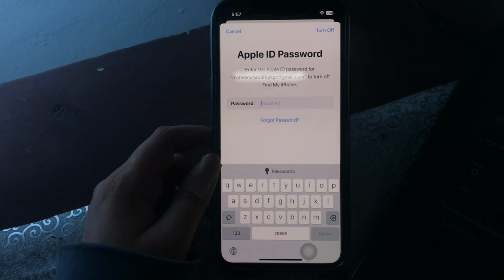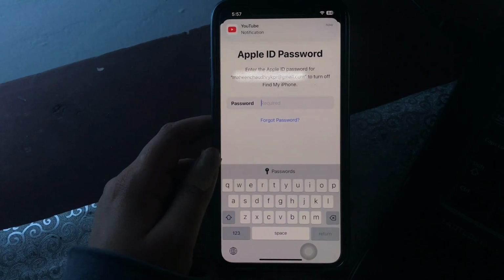Enter your Apple ID password and then tap on the Turn Off option at the top right corner. After the data from iCloud is removed from your iPhone, wait for some time and then tap on the Sign in to your iPhone option at the top of the settings page and follow the on-screen instructions to sign in again by entering the Apple ID and its password. After signing in back, the issue must have got fixed and you are done.